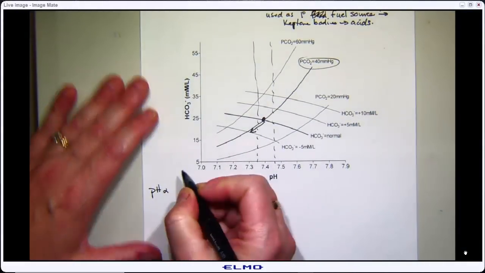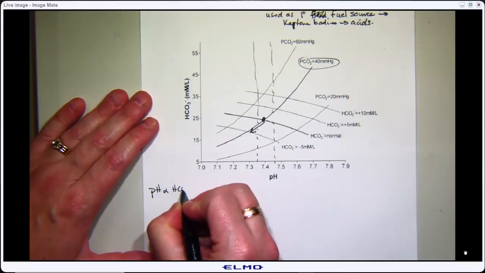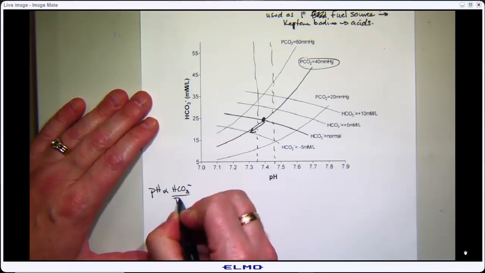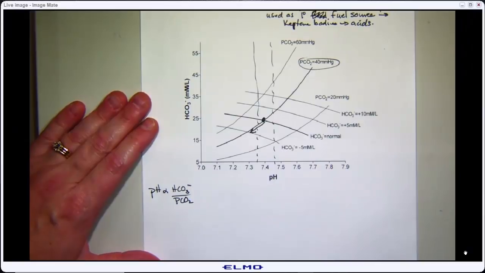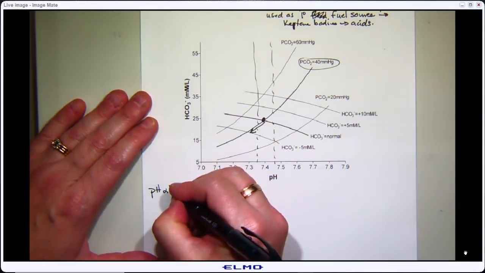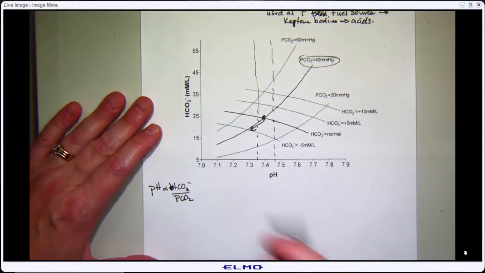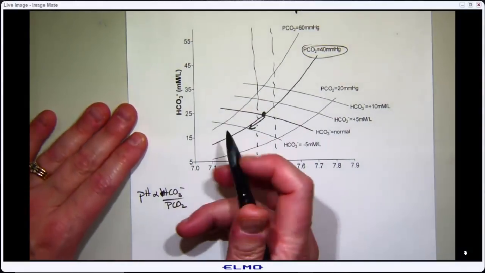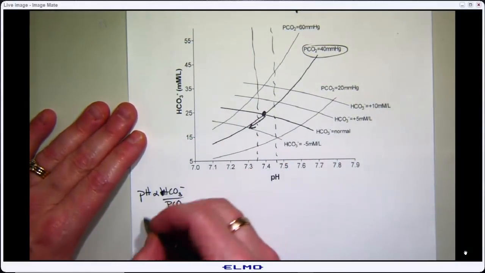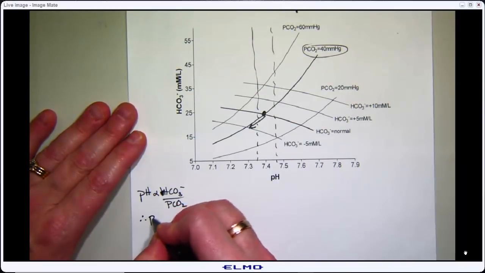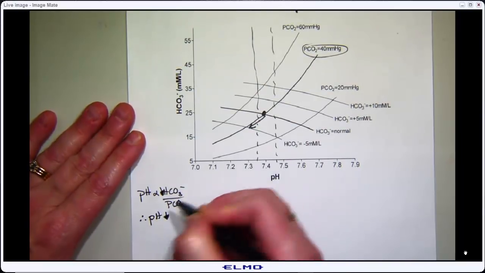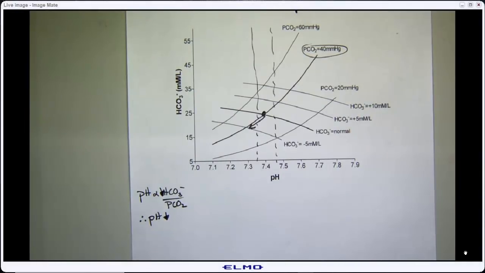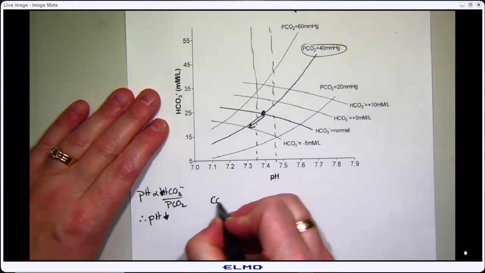Henderson-Hasselbalch, where pH is proportional to bicarb over PCO2. If we decrease the numerator, the number will get smaller, so we should expect pH to decrease. Okay, so the information is starting to head all in the same direction. Increased hydrogen ion is a problem, right? And then if we look at our equation,